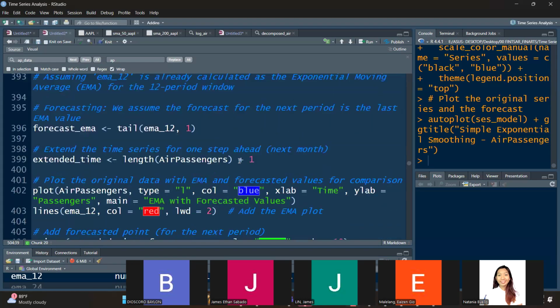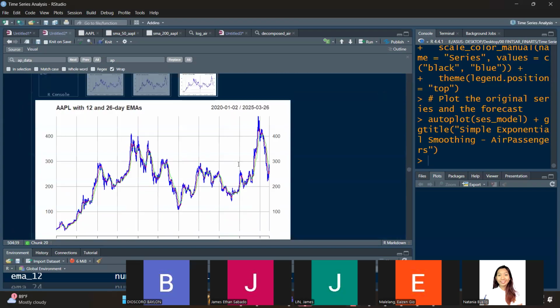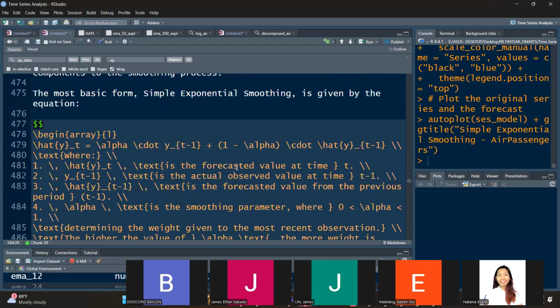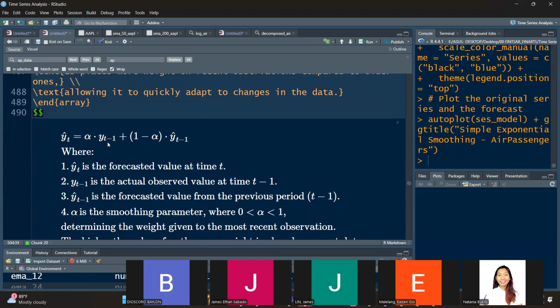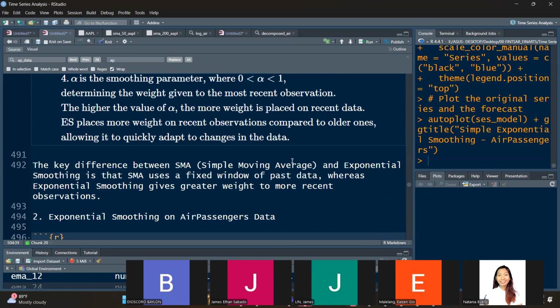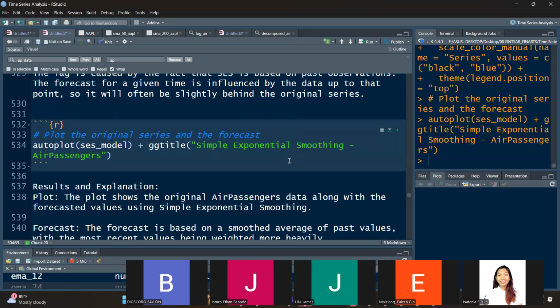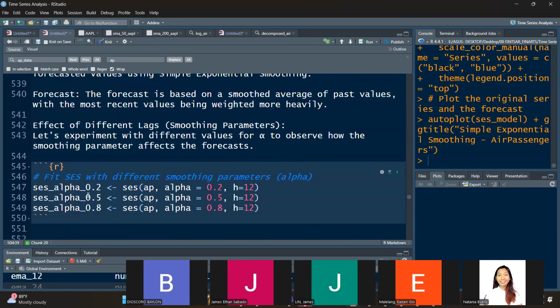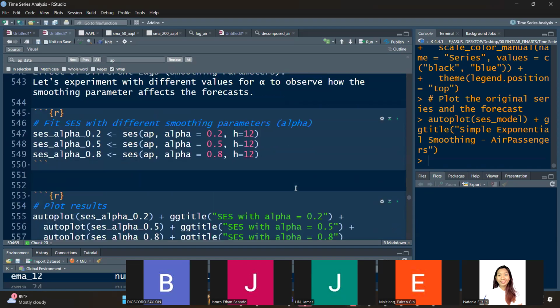Where's my UTS? It's almost time. Here, class. Alpha times the previous actual value, and then 1 minus alpha. So if alpha is 20%, the weight you put on the past predicted value is 80%. So the higher your alpha is, the more weight you're giving to the previous actual value. So here you have 0.2, 0.5, and 0.8. Okay? So if you run this,